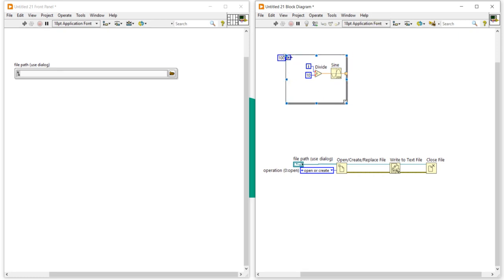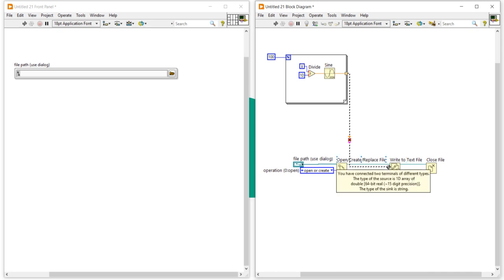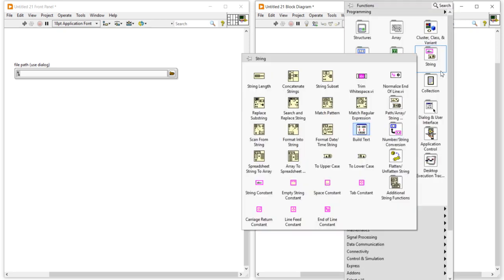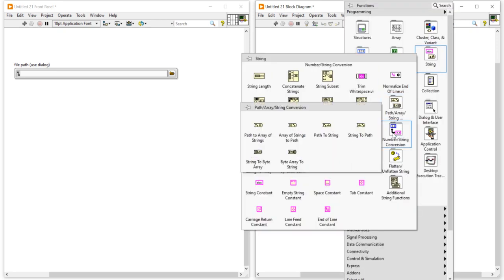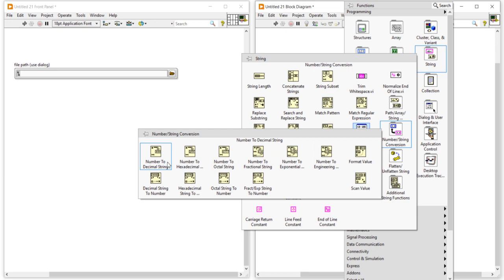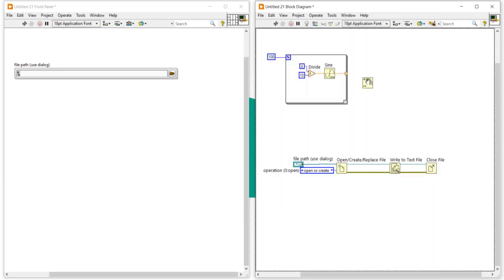Now it is our program. I think all of you are aware of this program. Can I connect this data to the text file? I cannot connect, because it will take a text file. Text file means the data will be a string type. So I have to convert this numeric to a string. So come into the string